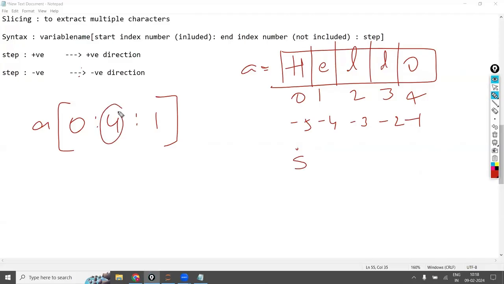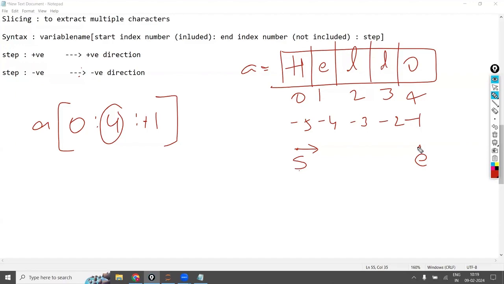Wherever the 4 is there, keep one letter E. And here the direction is plus direction, so give the direction arrow mark like this. Now this is the starting point, this is the ending point. Whether it is possible or not, just check. Yes, it is possible. So from the starting point of this one to the ending point of this one, the person can move